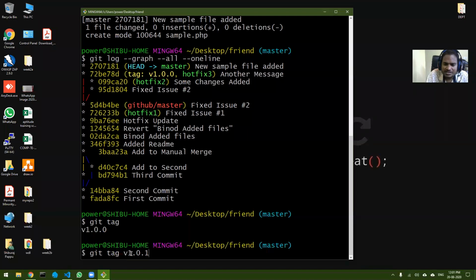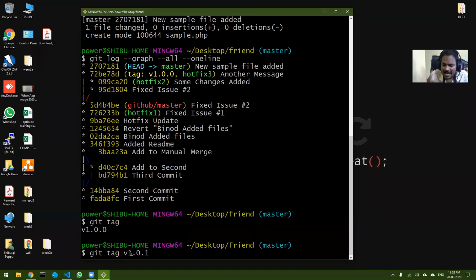Obviously it is the first release, so there will be a lot of bugs and issues. As and when issues come in, I will update my code, and after all the current issues are resolved, I will create another tag. So it will be version 1.0.2, then version 1.0.3, and like that this will keep on increasing. Now you may ask, when will 1.1.1 be released? That depends on when you are adding some new features to the system.